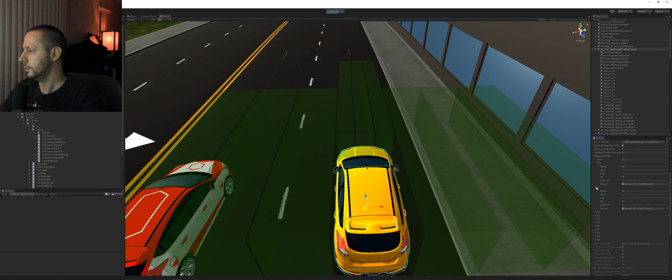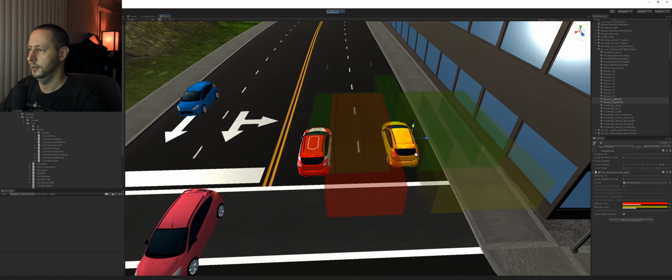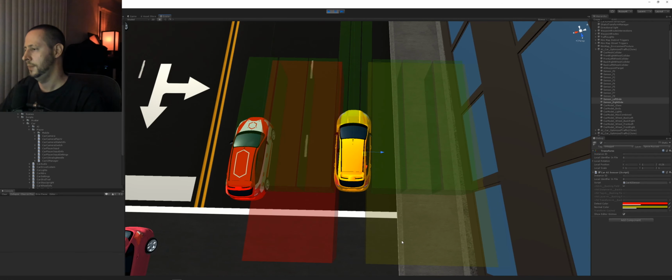And with that information, that's basically what the AI uses to detect if there's a vehicle to the left or the right, if it's trying to change lanes, and if there's something in its way, it won't be able to change lanes if there's something to the left or the right. So I use these sensors to basically determine what's around the vehicle. The left and the right sensors go a little bit farther back from the vehicle. That way,